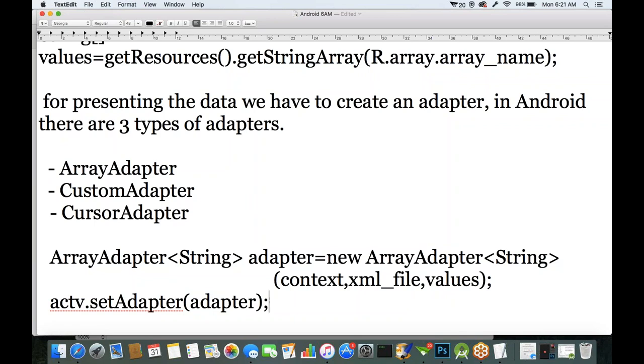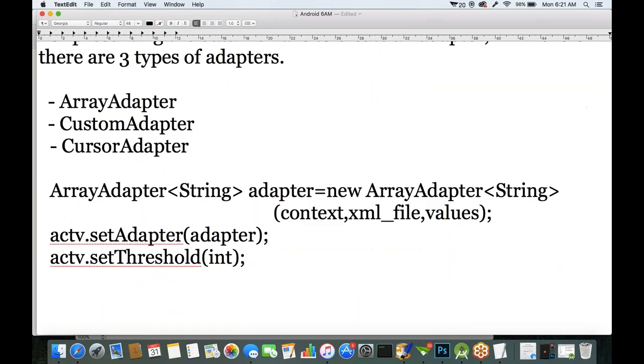Okay, and finally we have to call autocomplete text view dot set threshold. Threshold is a method. Specify an integer as input. We have to specify a number. The purpose of this threshold method is nothing but